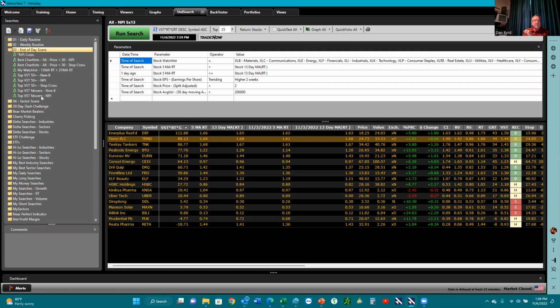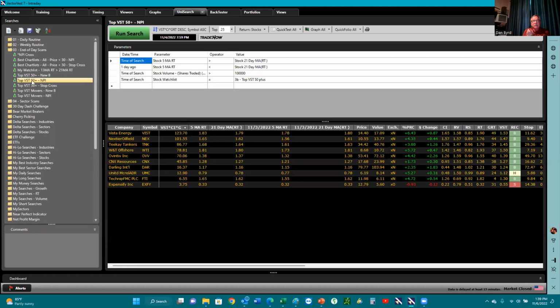So I've got these scans that I can run. I can do a scan here of, I've grouped everything by the top 50 and a few other ones, so really top 75. And if I want to see where you're basically just building a query. I'm building a query. That's right. This is a query that helps me